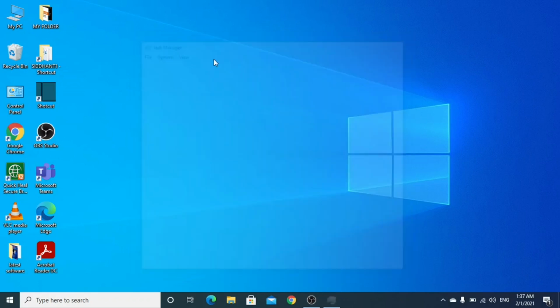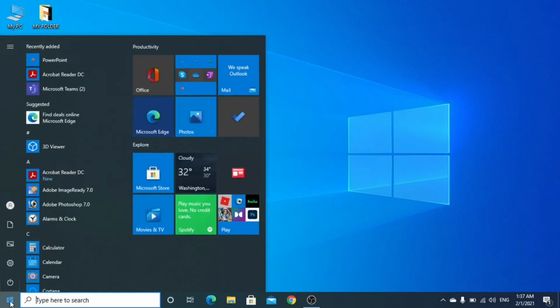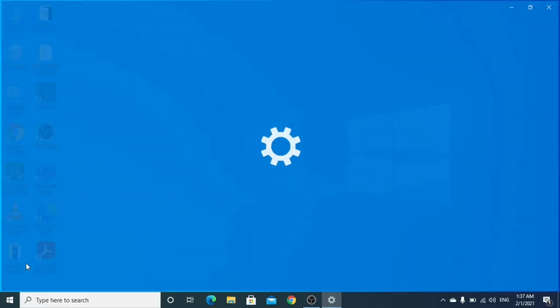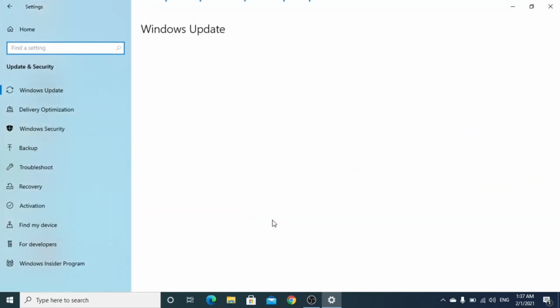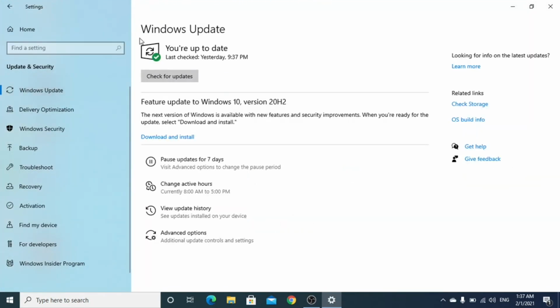Another thing you can check is, if you want to speed up your Windows PC, it should be updated up to date. For that, how can you check? Go to start and go to settings and go to update and security and go to Windows update. If it shows that you are up to date, then it's all nice. If it does not show this, then you need to check for updates and update your computer instantly. For that it needs internet.